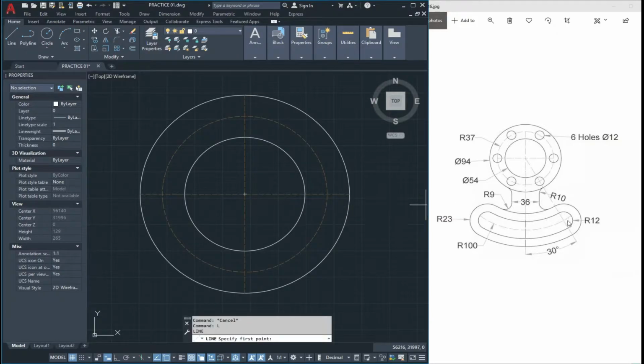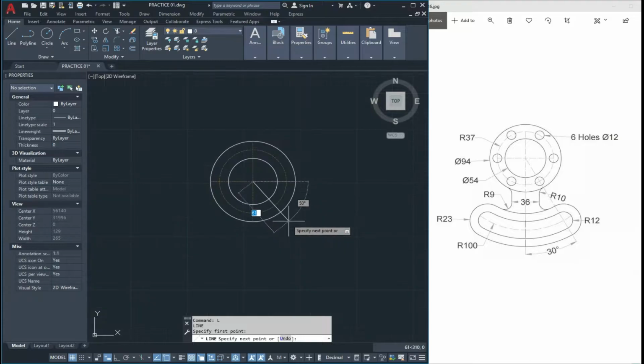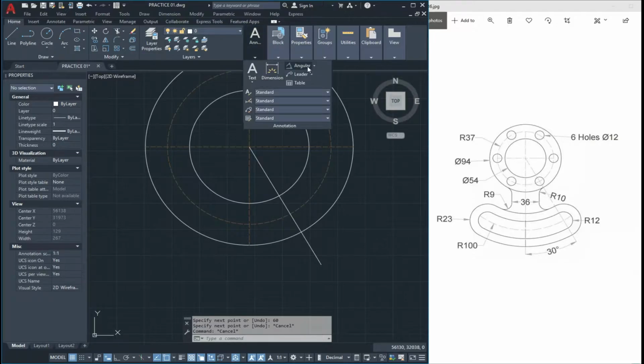And now we draw an angle with the 30 degree. Type 65 and press tab and give the angle 60 degree. And now we check the angle.